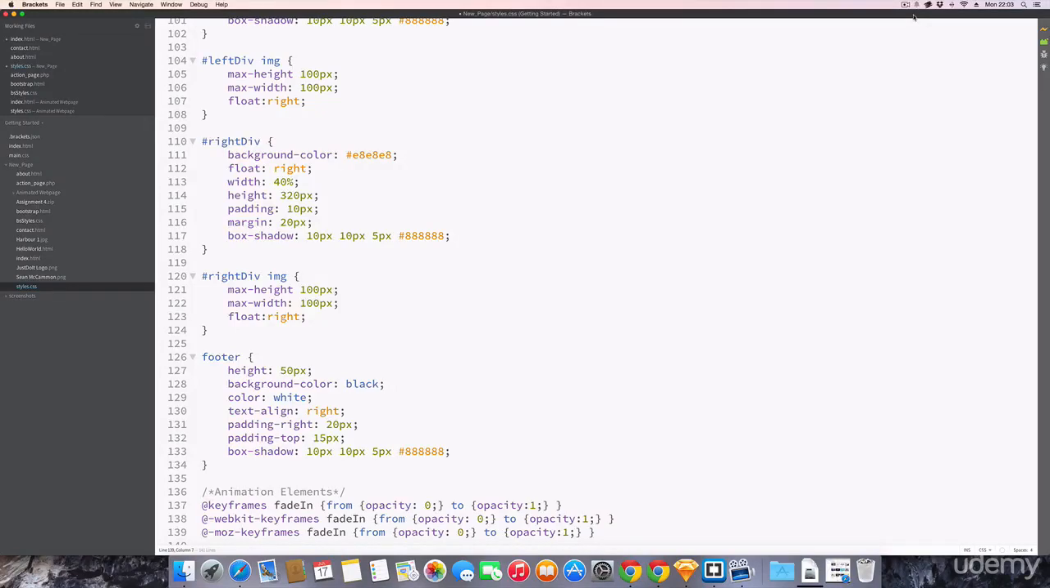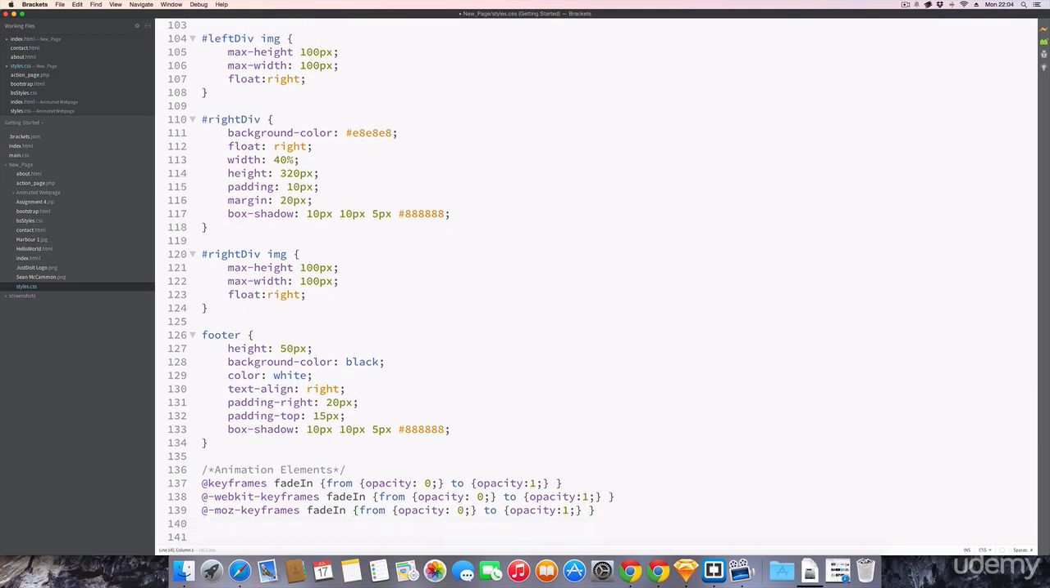Okay, so we have our keyframes for the fade in effect. What we want to do now is actually use that. We want to create a class that we can use within all the objects we want to have fade in. So I'm going to write the CSS first, and then we're going to add that class to the elements. Because it's a class, a dot, I'm going to call it fade in,